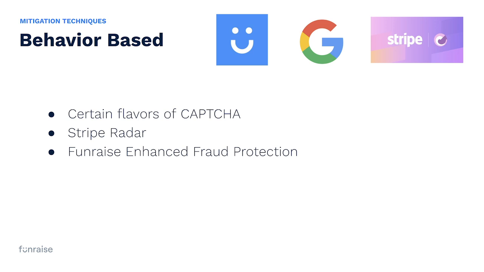Essentially what these machine learning models do is take into account lots of different features, or lots of different data points, for a particular donation. And lots of those data points are, in fact, from the first set of things that we talked about, like IP or amounts and so on. I'm not going to talk too much about Stripe Radar because they have pretty good marketing materials and you can look at it.